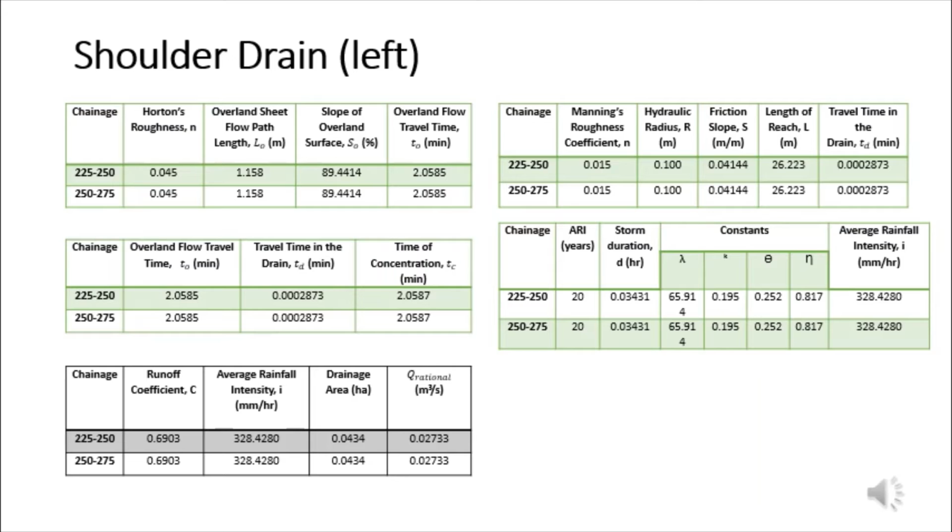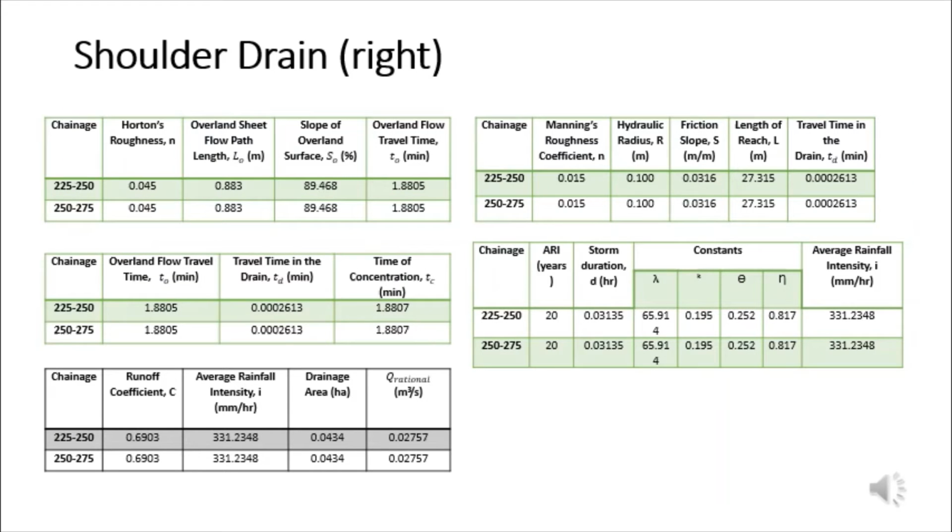0.02733. For the right side shoulder drain, we find it in channels 225 to 275. It is also the same calculation as the left side shoulder drain. We find the L0, S0, S, and L, then we calculate T0, TD, TC, I, and Q rational. Finally, we get the Q rational of the right side shoulder drain is